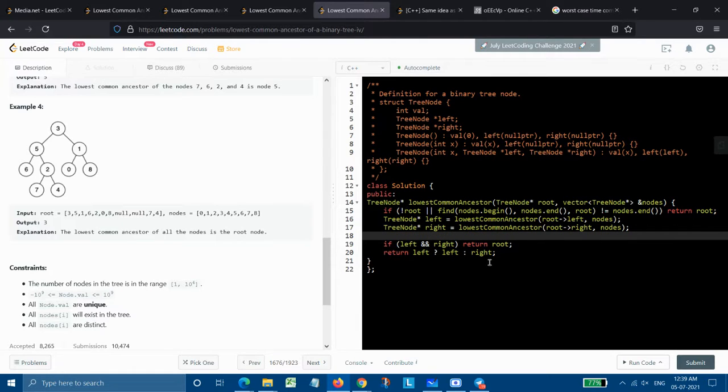Now comes the part of finding that LCA. If left is present and right is also present, means both of them are present in different subtrees, not in the same subtree, then we need to return root.